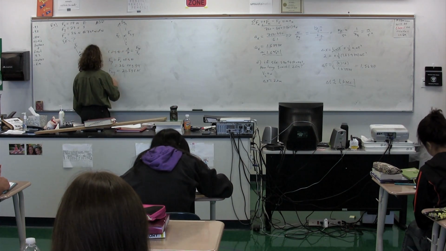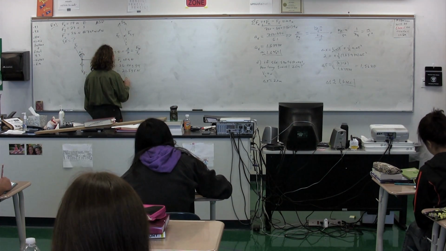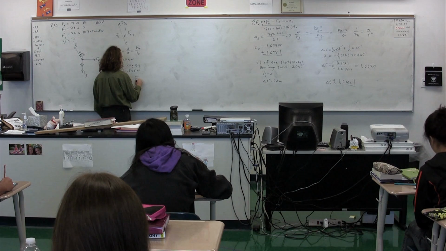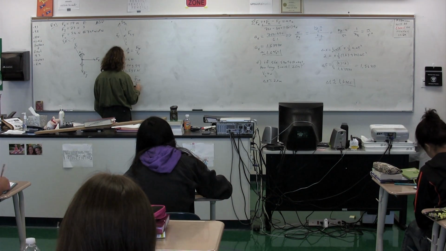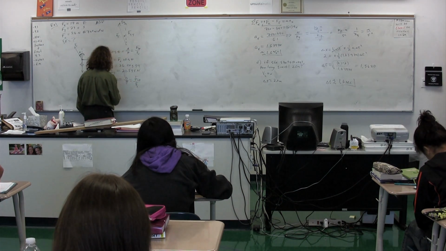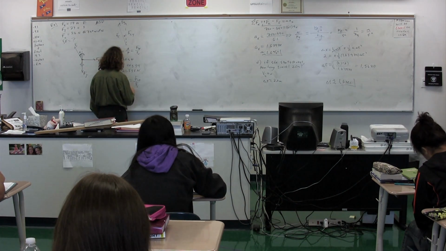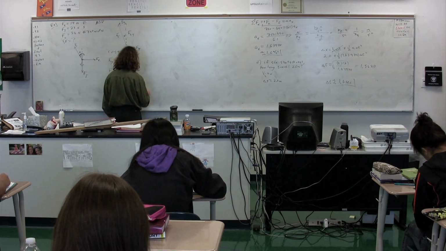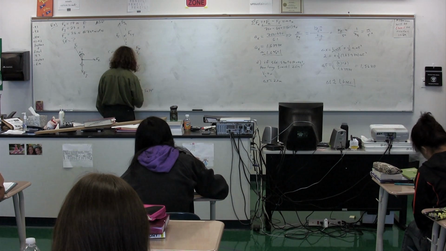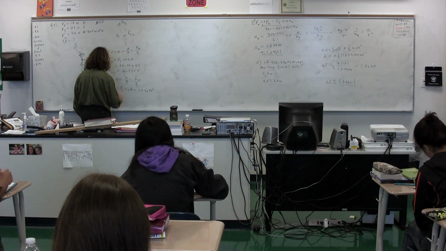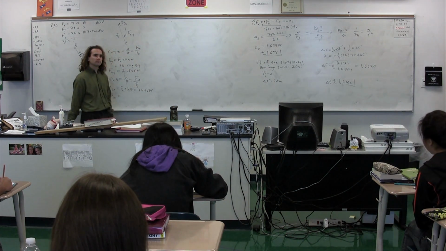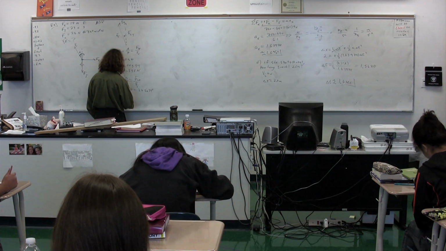We do the same thing with the sine. Sine of theta equals opposite over hypotenuse. Opposite is the force of Chris in the x direction divided by the force of Chris. Therefore, we get that the force of Chris in the x direction equals the force of Chris times the sine of theta, or 26 times the sine of 34 degrees, 14.5390